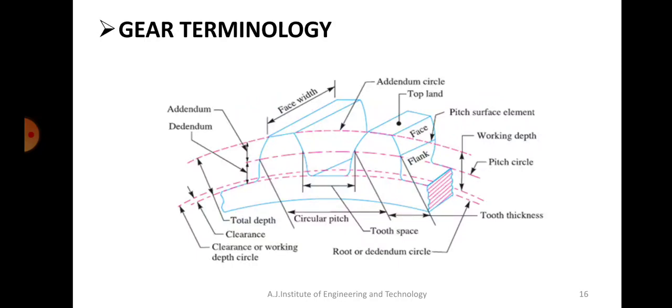Alright, so next we are going to study about gear terminologies. So different terms that are associated with gears, generally spur gears. Okay, so we are talking about the various terms that will be used in the gear. We have not studied anything about that till now. We are only saying it is gear, teeth, that's all. So what are the different things that you need to know with respect to gear?